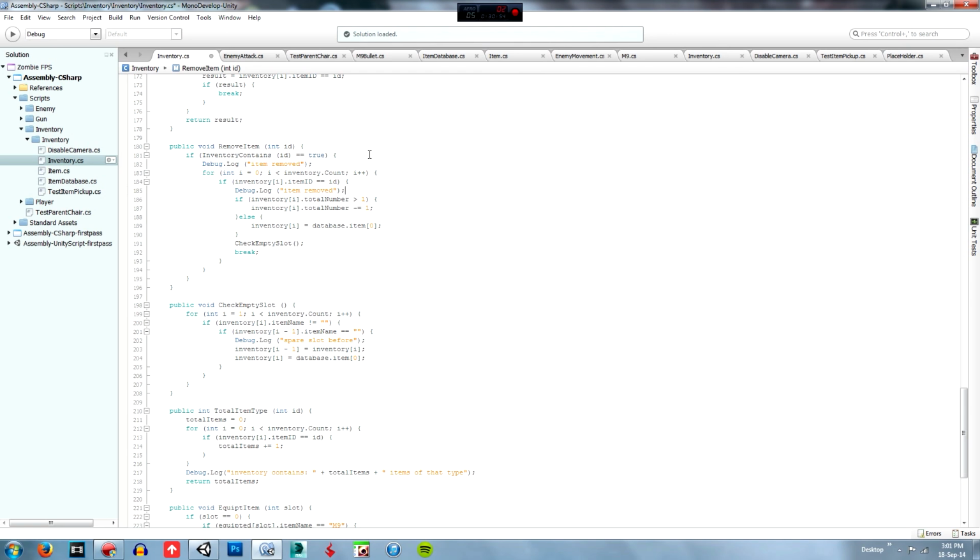And then we're going to say if inventory dot total number is greater than 1, then we're going to subtract 1. Else if it's equal to 1, then we're going to make it blank. Then we're going to